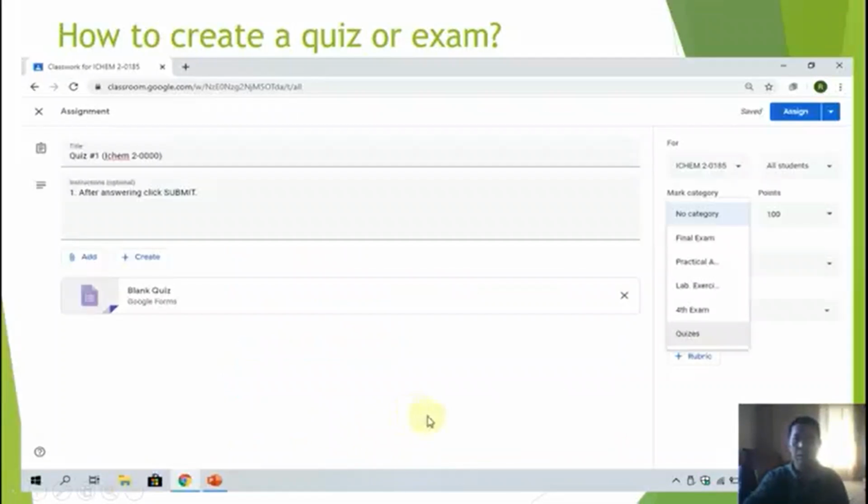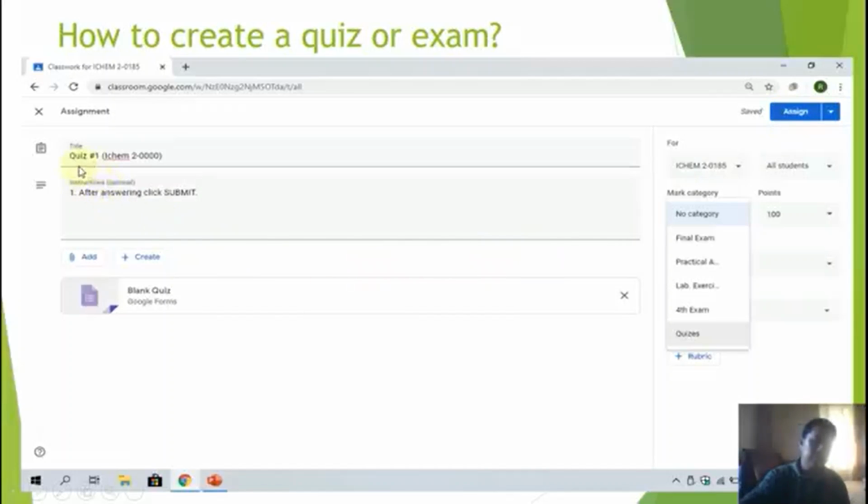So this one will come out. So here there is a title which is blank in this area. If this is blank, this assign button will not be highlighted. So this is gray color.